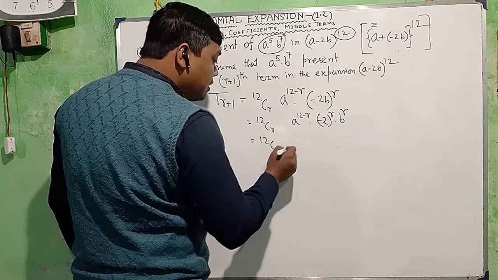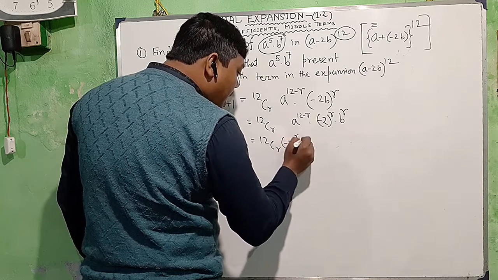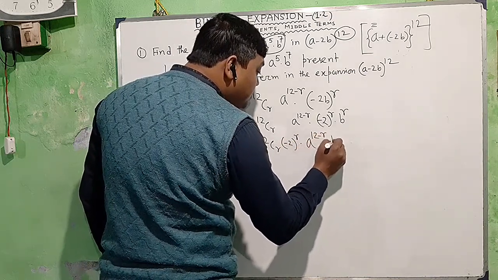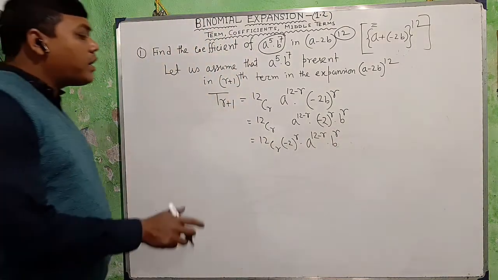So 12CR into minus 2 whole to the power r into a to the power 12 minus r into b to the power r. Now, according to our